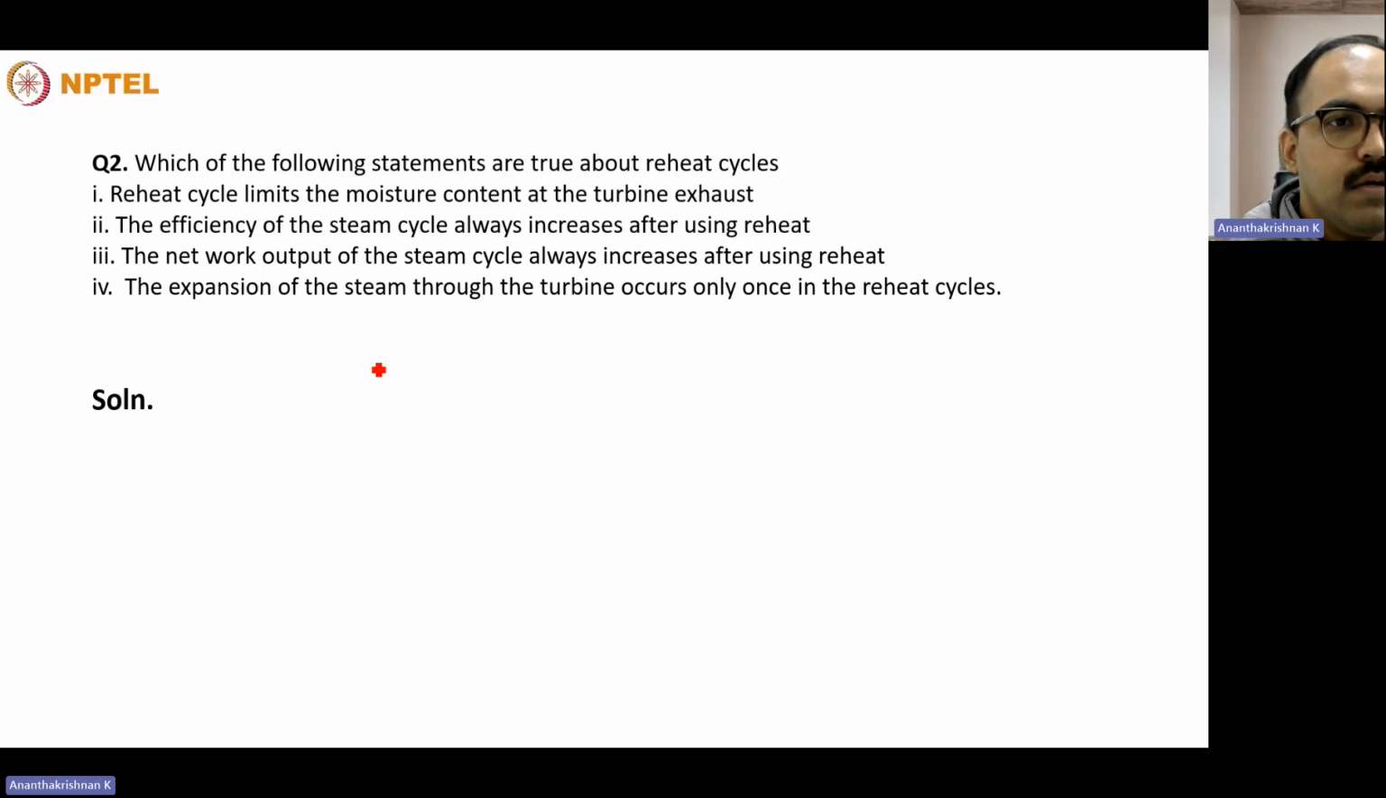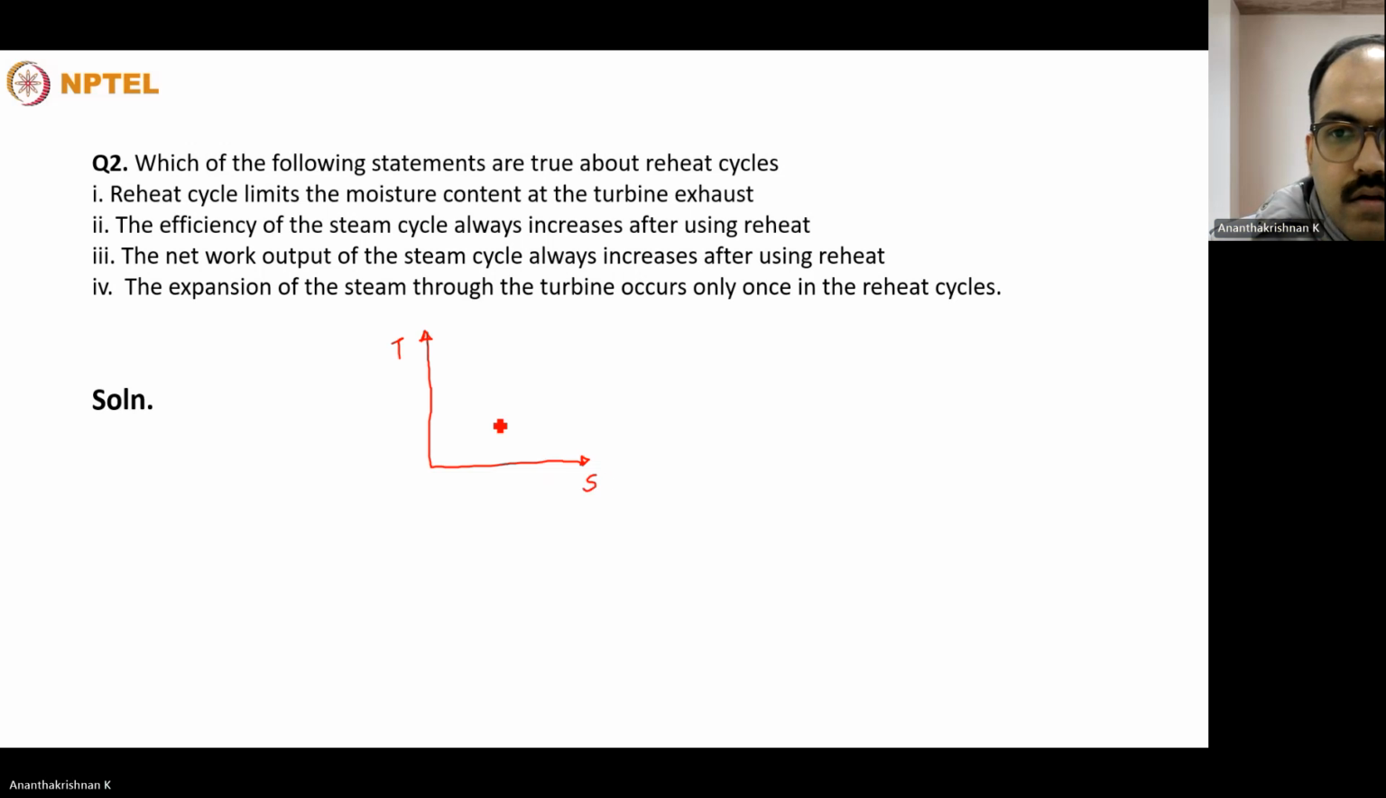Okay, now we can look into the problem. It's about reheat cycles. So if we try to draw a reheat Rankine cycle on a TS plane, it will be quite similar to the previous case, except that there will be multiple stages of expansion in turbine and then multiple reheating. So in the normal boiler, there will be a constant pressure heat addition, and it will reach a temperature,